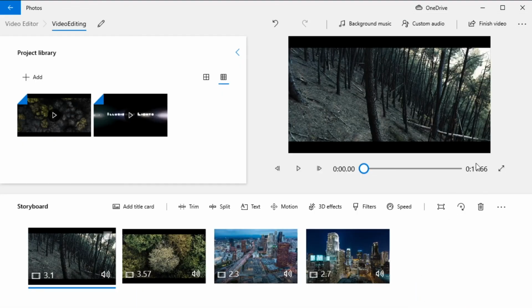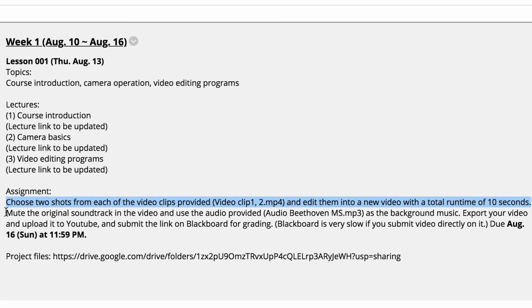Okay, now it's 11 seconds. Alright, so now I get 10 seconds of video. So next step, let's see, mute the original soundtrack in the video and use the audio provided as the background